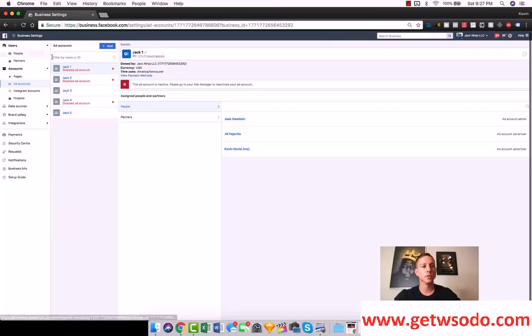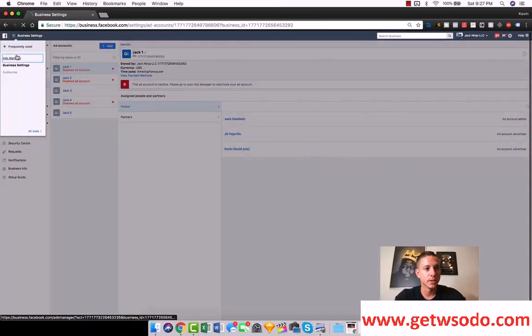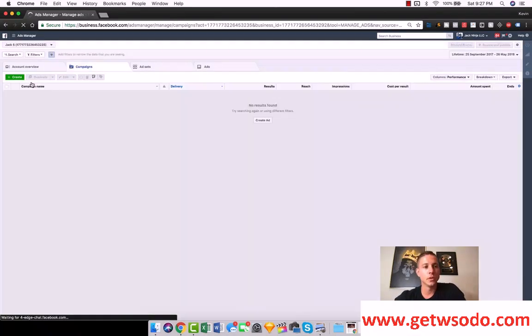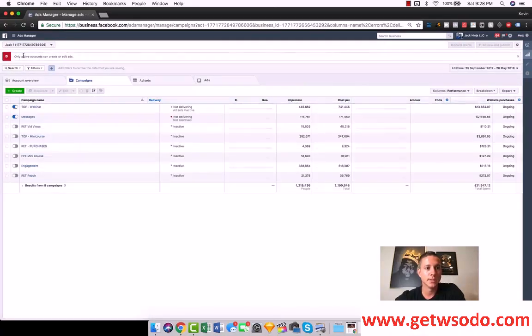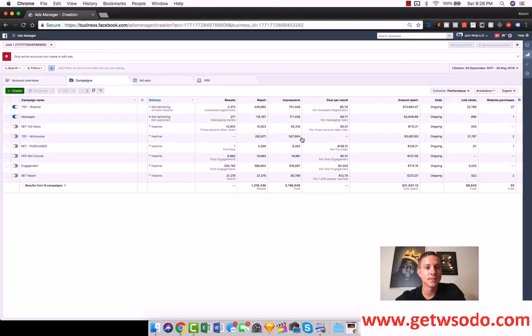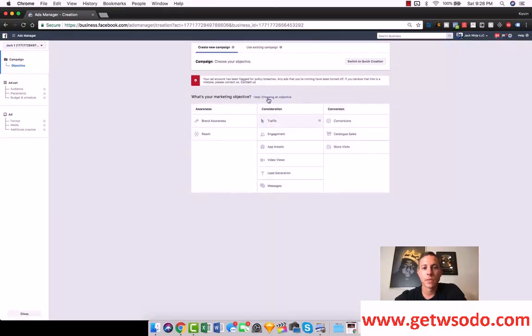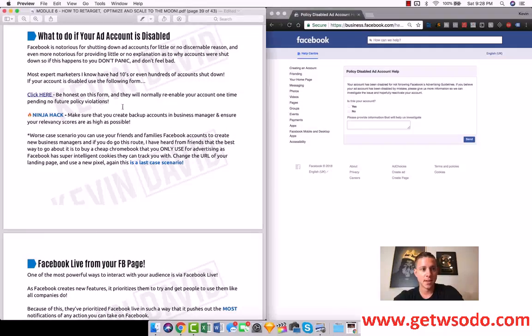If we go into one of the disabled ones and go into Ad Manager, we'll choose Jack 1 because it's disabled. We'll see the little notification up at the top. There's no notification on this one because it's active. But if we go to Jack 1, we will see "only active accounts can create ads." If we go to create, it says your ad account has been flagged for policy breaches, any ads that you're running have been turned off, and if you believe this is a mistake, please contact us. If you click contact us, which is the same as this link right here,